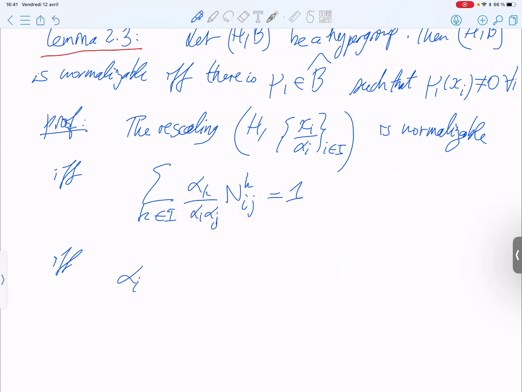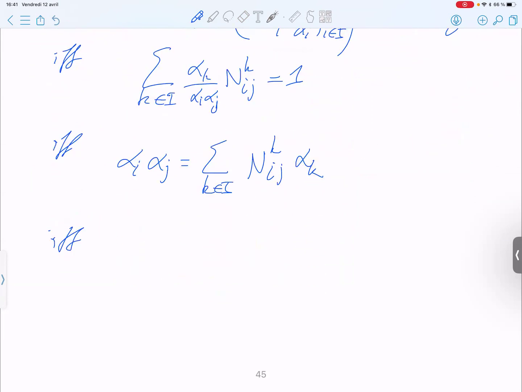So you get alpha I, alpha j equals the sum for k in I of nijk alpha k, if and only if mu1 mapping xi to alpha I, mu1 defined like that,